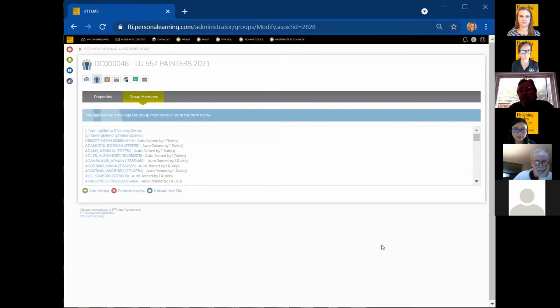Before, we had to manually search for the member ID, copy and paste, and then enter all those 10 or 100 participants. So now if there is a defined requirement, or if it's something that can be set as a rule, the system can do it for you. So that's one of the things that can help with the admin time for group setup.